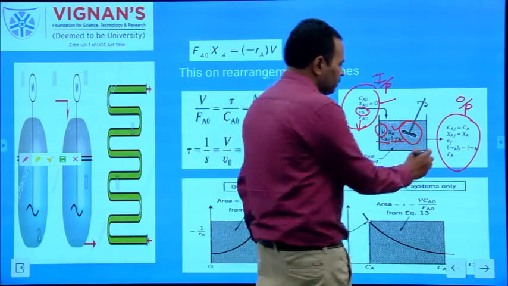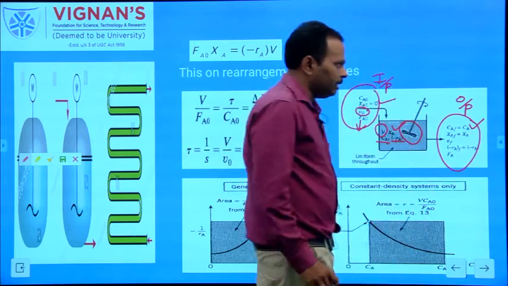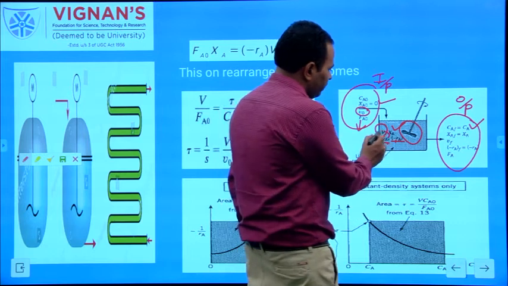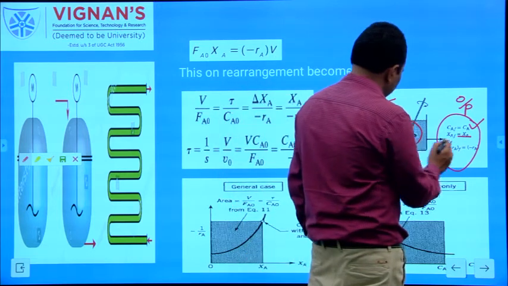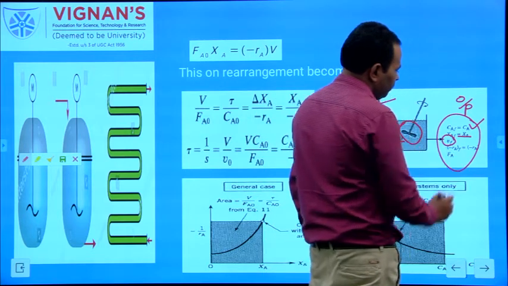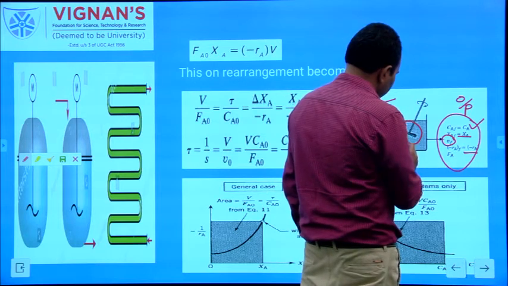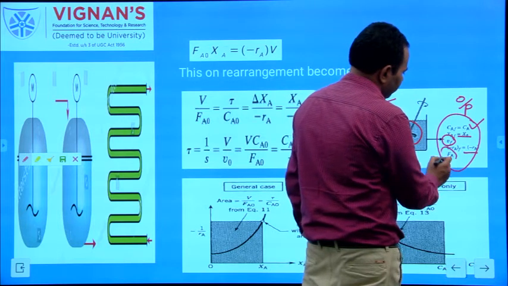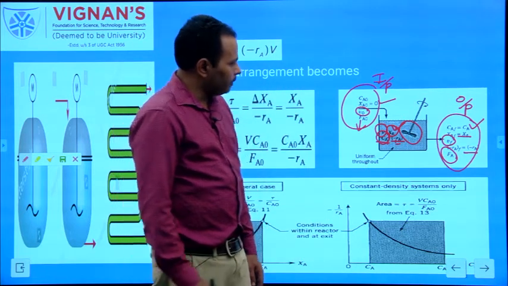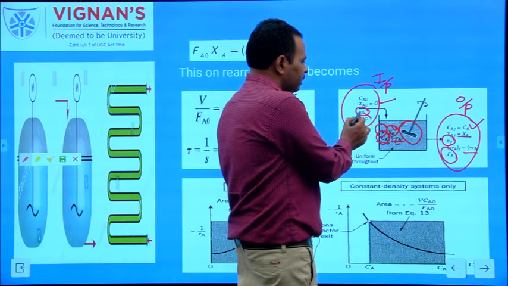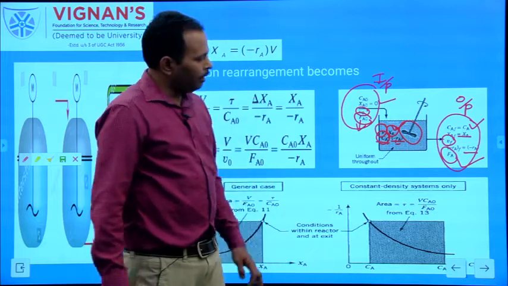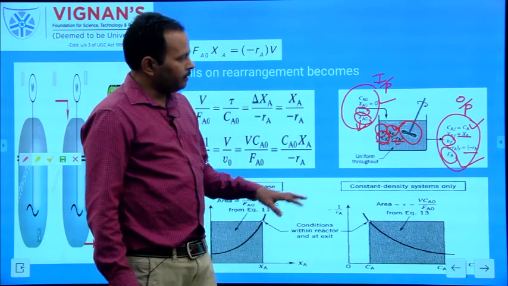Here CAF is equal to CA. What is CA? CA is the concentration of A without being converted to the product. The same CA we have within the MFR. Again, the conversion XA within the MFR is the same, nu F is the volumetric flow rate, and minus RA is the same. FA is the outlet molar flow rate of A. But these two are different, because the inlet molar flow rate is FA naught and the outlet molar flow rate is FA. So this is the MFR input, output and conditions within the MFR.